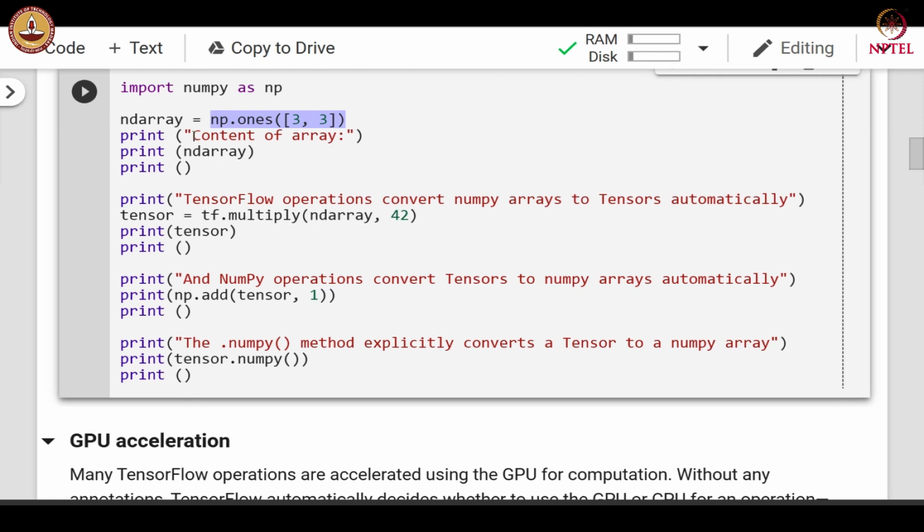We multiply this matrix by the number 42, and then we perform addition using the np.add command. So here we are applying tensor operations on a NumPy array, and here we are applying NumPy operations on tensors. And in this statement, we show how to get the NumPy representation of the tensor. Let us run this code and examine the output.